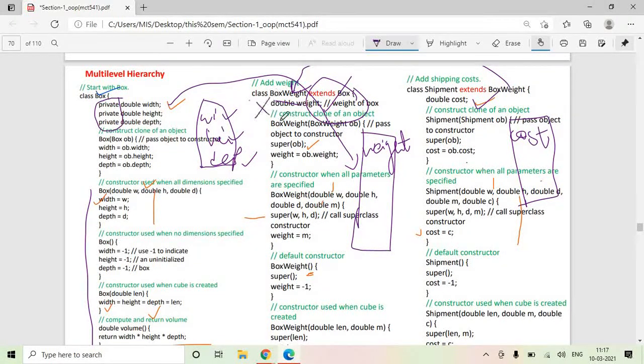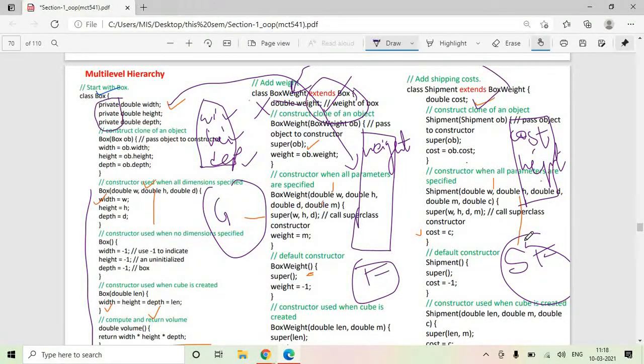It is not private, by default it is public, so it will be available over here. Weight, no issues. Box class features in shipment class will come, but all the features in the box class are private, so they will not come. So this is your ground floor, this is your first floor, and this is your second floor.